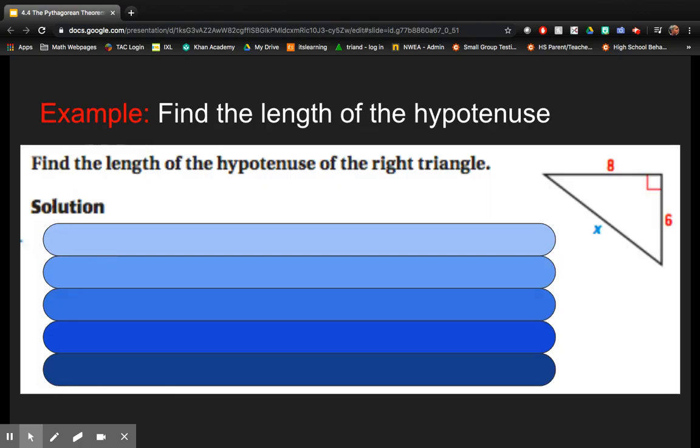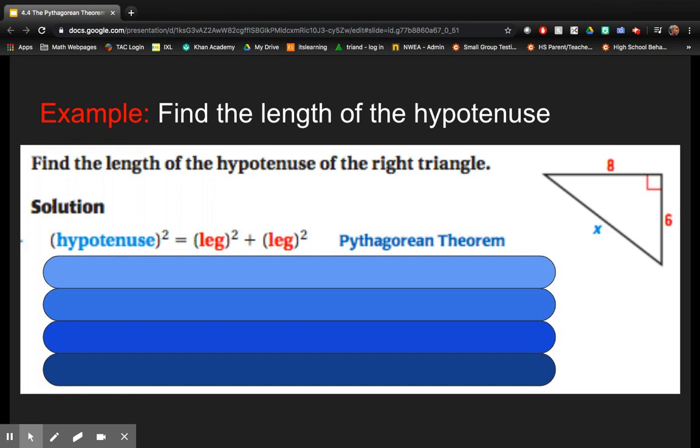Okay, let's look at some examples using the Pythagorean theorem. This first example says to find the length of a hypotenuse of the right triangle. This example is for when you're looking for the longest side of a right triangle, or the side opposite the right angle. The first thing that we need to do is realize which side is the hypotenuse and which sides are